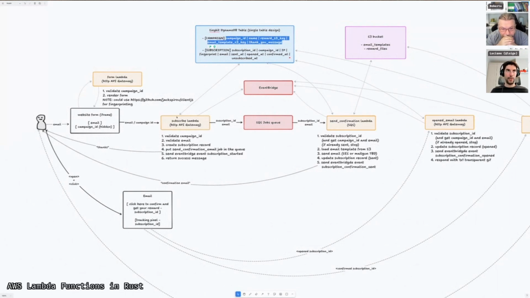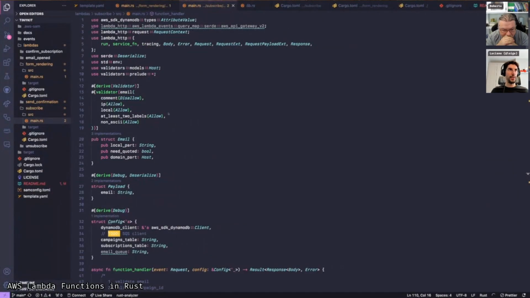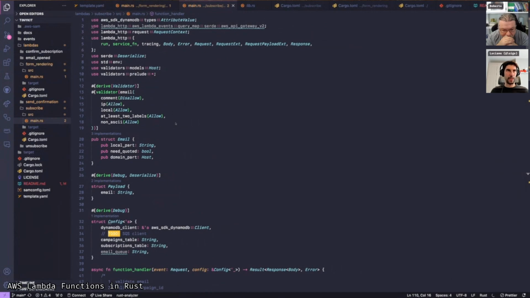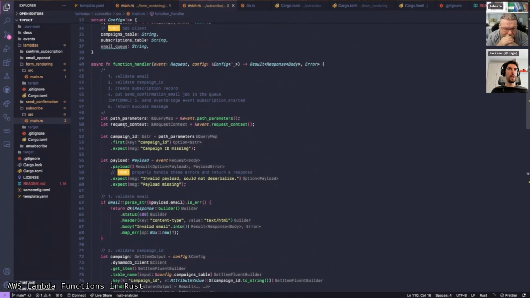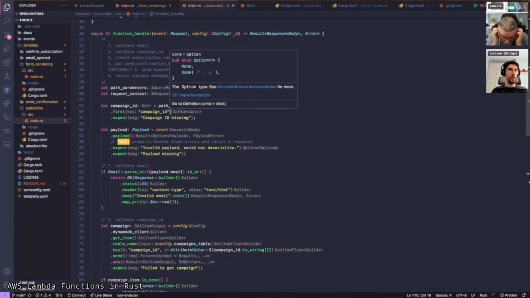So let's see how far we got with this particular Lambda. So this is the code for this Lambda. Right now we have everything in one file, just for simplicity. We'll probably refactor later. What we are doing is all the steps: validate email, validate campaign ID, create subscription record, put the send confirmation email job in the queue, and then return a success message. We did almost everything,